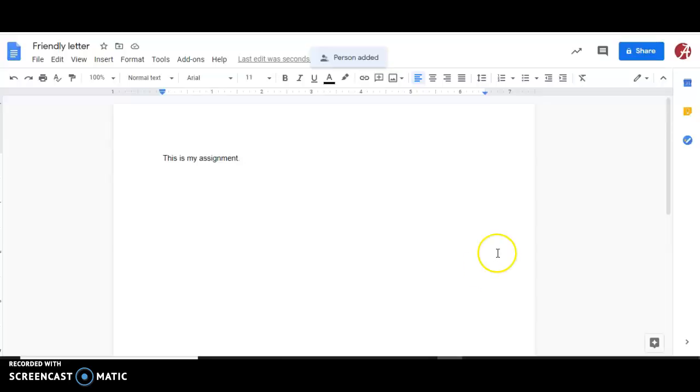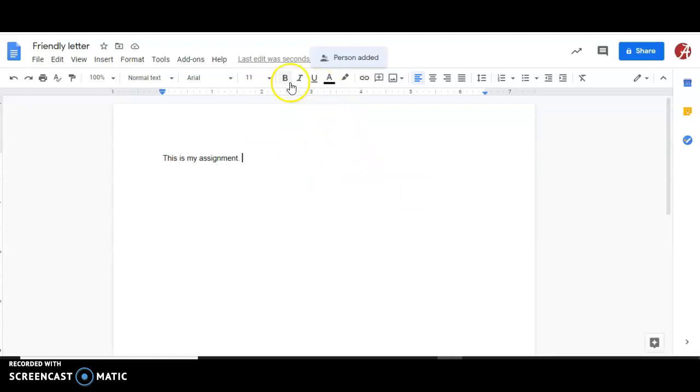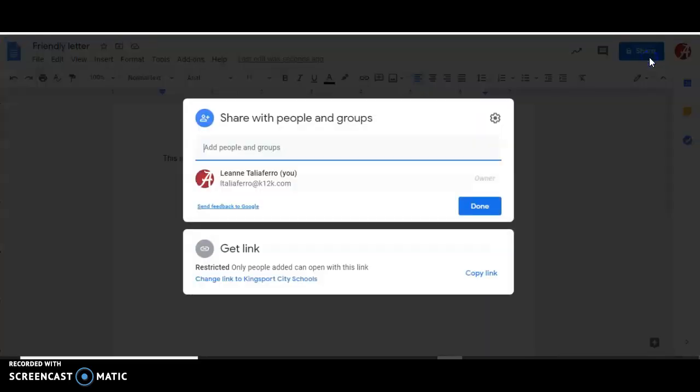So, pretty simple. Anytime you have something that you would like to type out to me and share with me, that is the procedure that you will follow. Make sure that you are in Google Docs. Make sure that you name it. It will always ask you for a name if it doesn't already have one, and then make sure that you